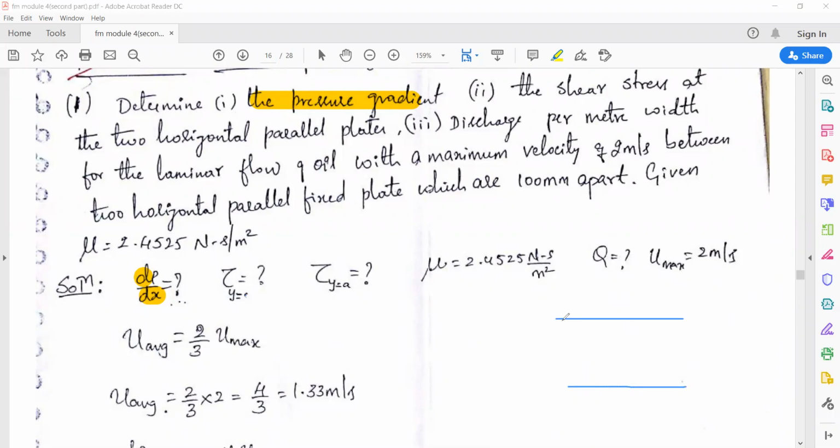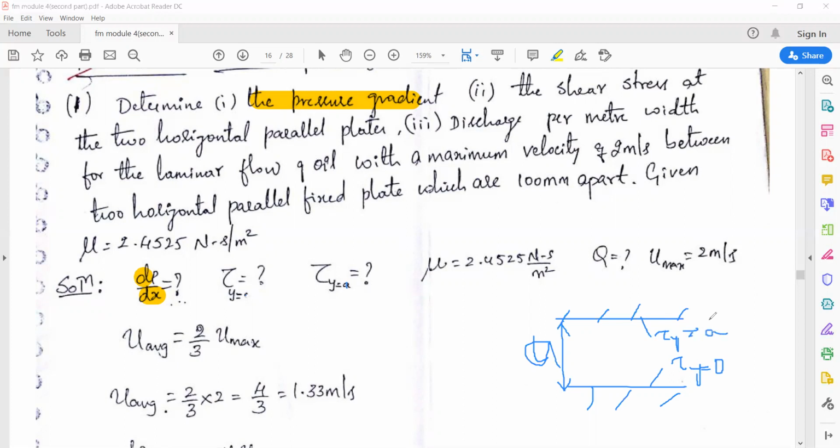So here the distance between two parallel plates is being considered as T. Here they have considered it as A, so you can take it as A. There are two parallel plates, and between the two parallel plates the fluid is flowing, and the distance between these two parallel plates is considered as A. All right. So what is the shear stress? I mean, what is the value of tau at y is equal to 0 and y is equal to A?